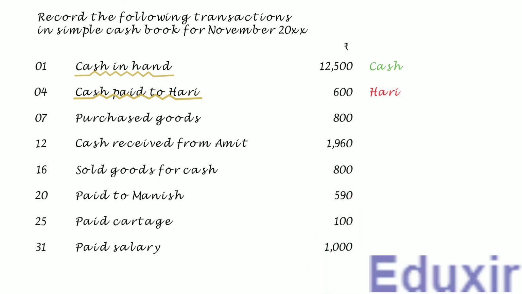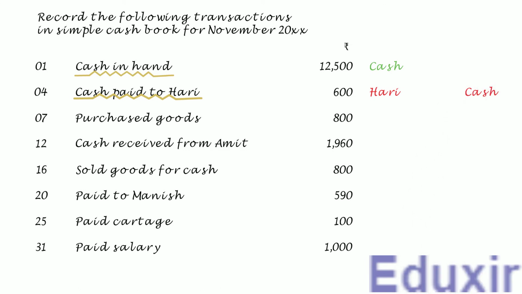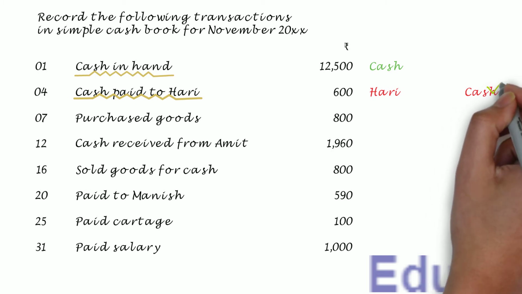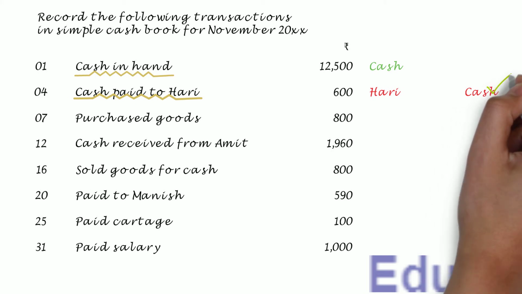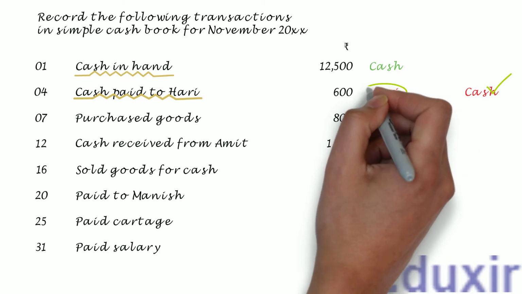At the same time, as the business is paying to the creditor Hari in cash, the cash asset of the business will be decreasing. The rule to record any decrease in the asset is to credit the corresponding assets account. In this case, the cash account should be credited. In this transaction, as you can see, the cash is on the credit side. So it needs to be posted on the credit side of the cash book. Note that the particulars that need to be posted in the payments column of the cash book is Hari account.